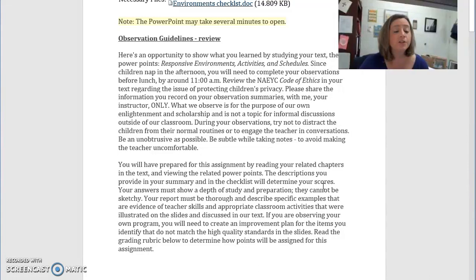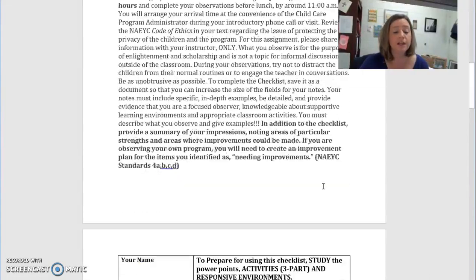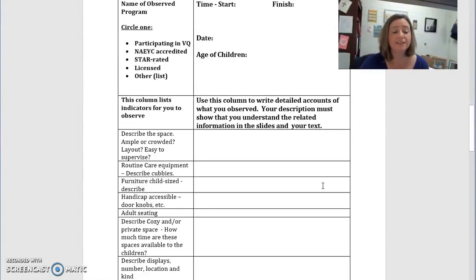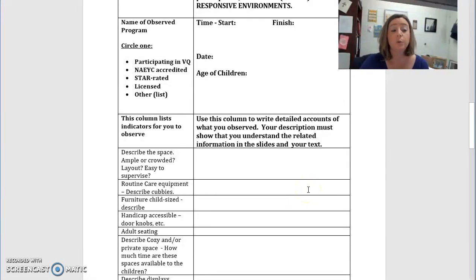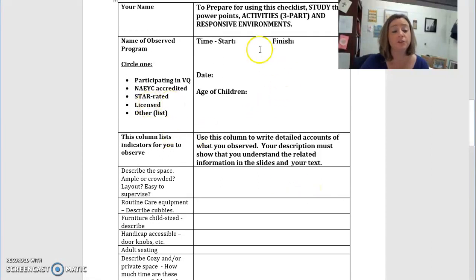the playground. So when you look at the chart, you're going to find things that we have already discussed pretty much in Chapter 9, and it's also going to include the information that you've been learning about in your activity centers. So when you fill out your chart, please make sure you fill out all of this information because that helps me keep track of places that students have gone because we have really great partnerships with so many centers